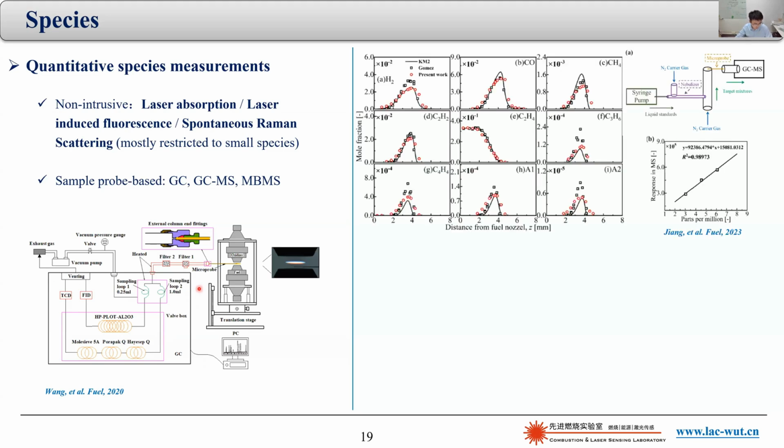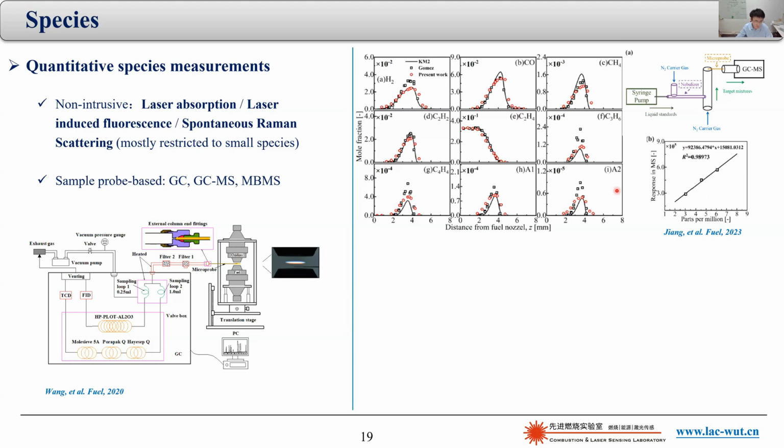Here is typical data in sooting counterflow flames. As you can see, we can measure hydrogen, acetylene, benzene, and naphthalene, which is a two-ring aromatic. One thing that I would like to mention is the calibration. For small species, the calibration is relatively easy because you can just purchase standard calibration gas cylinders. But for large species, for example, PAHs, you will need liquid samples, and then it is very important to design a reliable system so that you can accurately feed the sample into the GC system. This is actually, from our experience, not trivial.